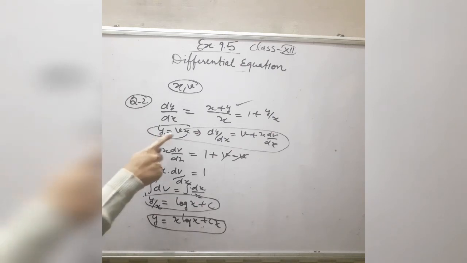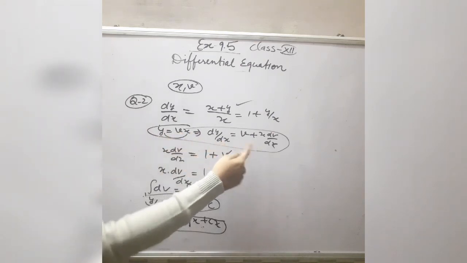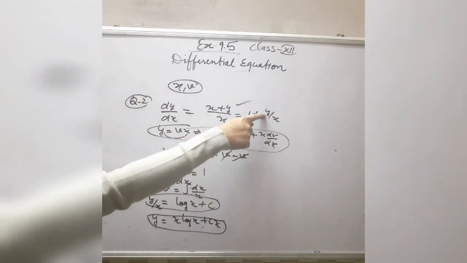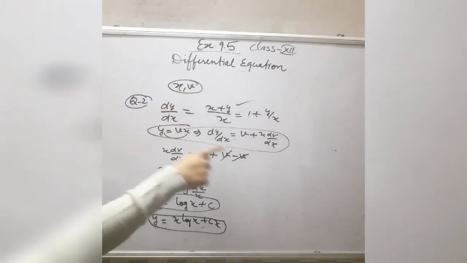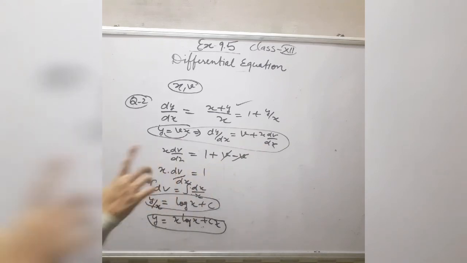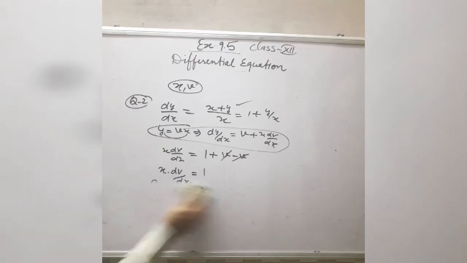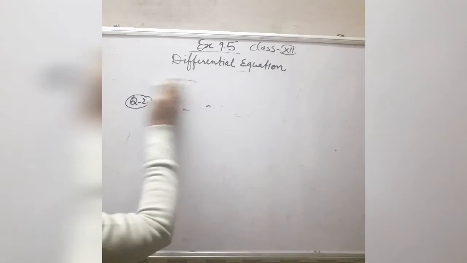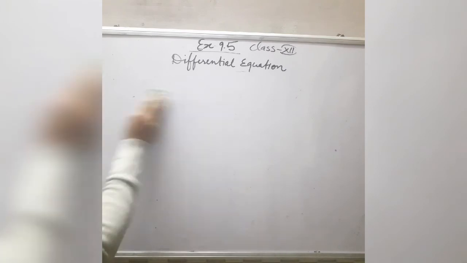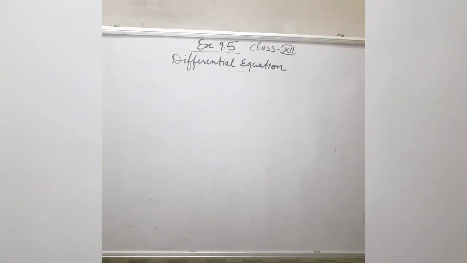Listen again, we have put y is equal to vx, taking the derivative with respect to x on both sides. Then in the given differential equation we will put the value of y by x as v, and you will put dy by dx is equal to v plus x into dv by dx. Then the given differential equation is changed into x and v variables. Then you will separate the variables using the variable separable method which you used in the previous exercise. So in the first step, variable separable is not used because it is a homogeneous differential equation. Firstly you will use some substitution in the given statement, then you will use the variable separable method.